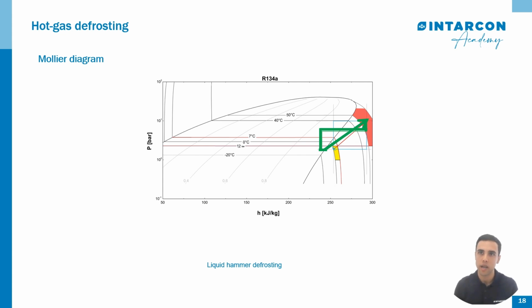A critical aspect of hot gas defrost management is the avoidance of liquid hammer to the compressor. These risks arise when the refrigerant fails to evaporate completely before returning to the compressor. The liquid hammer hazard during defrost: if the refrigerant doesn't evaporate completely in the evaporator, it returns in a liquid state to the compressor. This situation is undesirable because the compressor is designed to compress gases, not liquids. In consequence, liquid increases the possibility of damage and can cause mechanical damage, seal damage, or even compressor seizure.